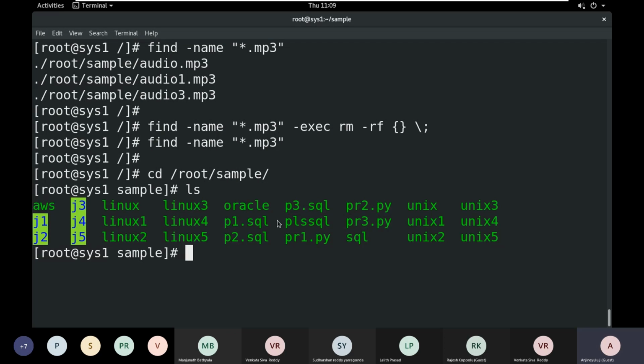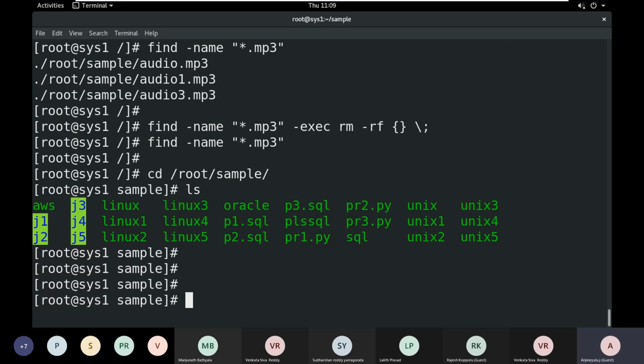Okay. .sql, for example, I have installed SQL Server in my system, so I don't want to go for .sql. So I will do one thing. Touch b1.txt, b2.txt, b3.txt. Okay.